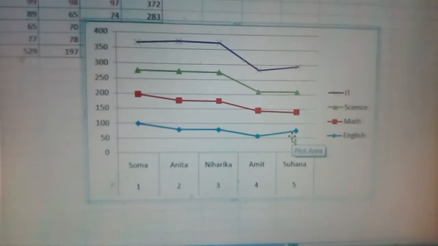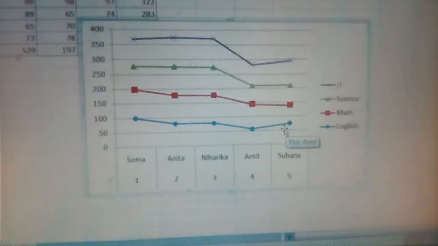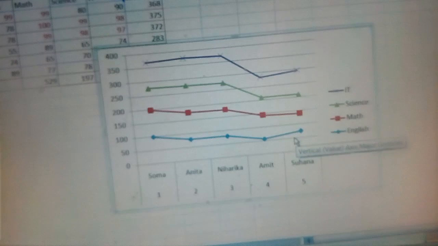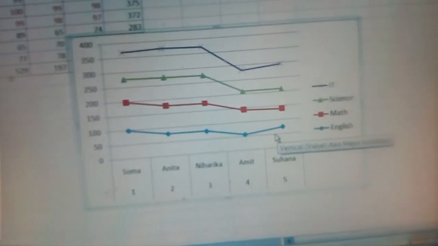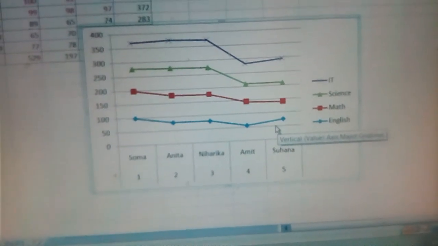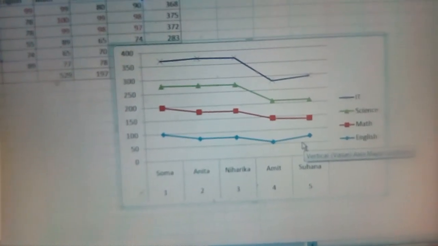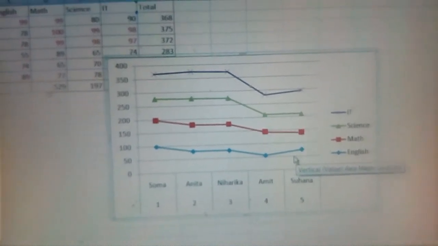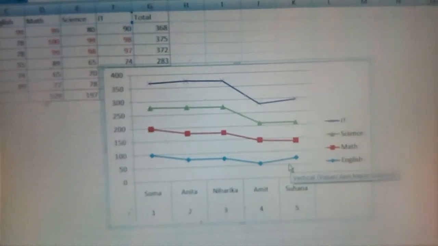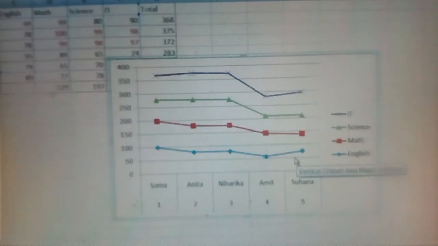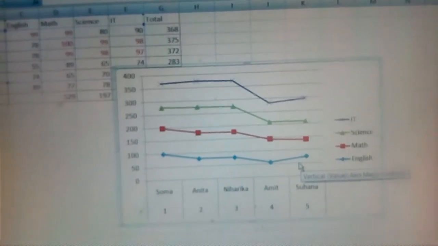So this one is a line chart. Is it clear how you will change the chart type? And in the case of Calc also, what you will do is click on the chart area, and then right click on the chart area, then you will see the chart type. When you click on the chart type, the chart wizard dialog box will open.